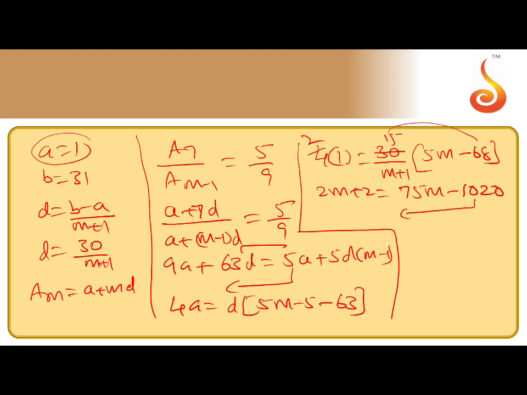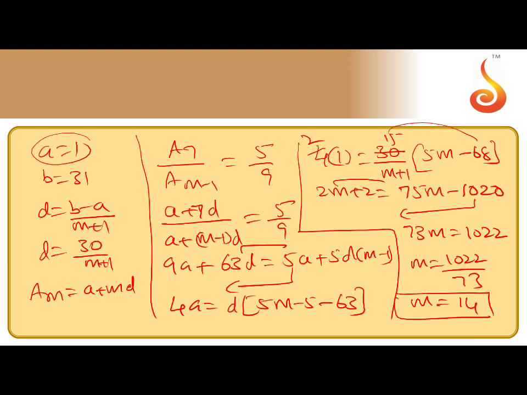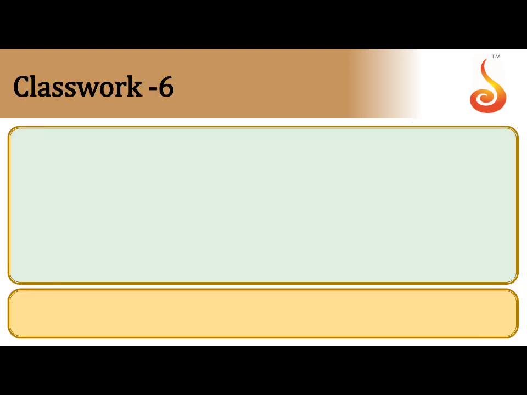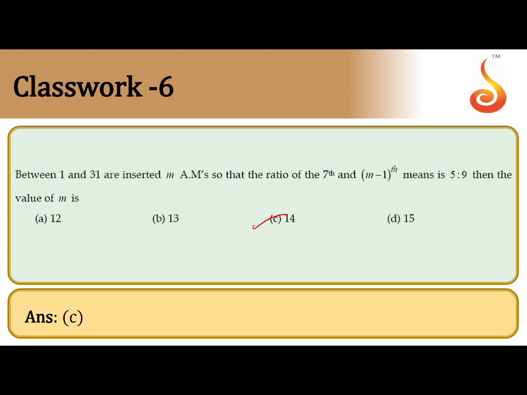Now rearrange this one, m terms to this side. 75 minus 2 is 73m equal to 1020 plus 2, 1022. So m equal to 1022 by 73. After cancellation, this cancellation part you can work out. M is 14. So big calculations are there. You can go for verification. Options are given for the m value, so just check which value is matching with this one. I hope you all understood this one. The next question. Check the answer. Answer C is correct.